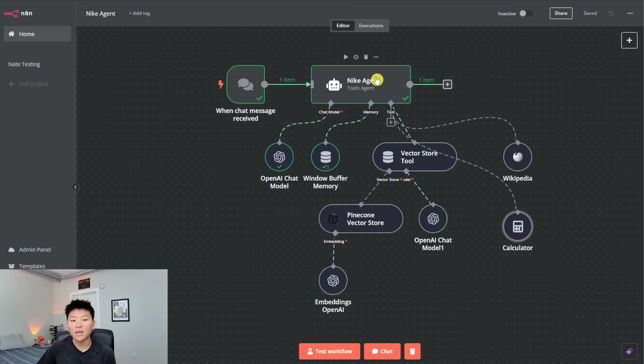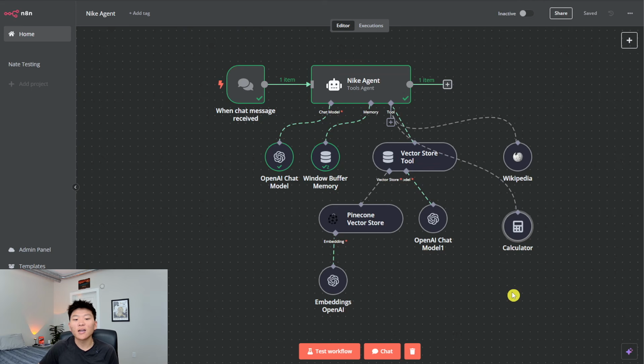So let's say we have this agent here, and we give it a tool that can send emails, because we're going to build a workflow of automatically sending an email, and then we would just give the agent this tool, so that if we wanted to chat with the agent and say, hey, by the way, could you send this information to Matthew Friend in an email, it would actually be able to do that, as long as it had Matthew Friend's email, which we would give it in some sort of vector store as well. So I hope that breaks down the concept of RAG, vector databases, Pinecone vector store,